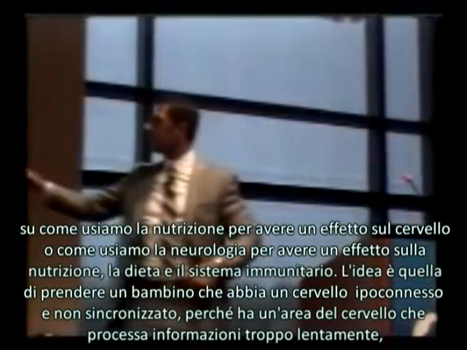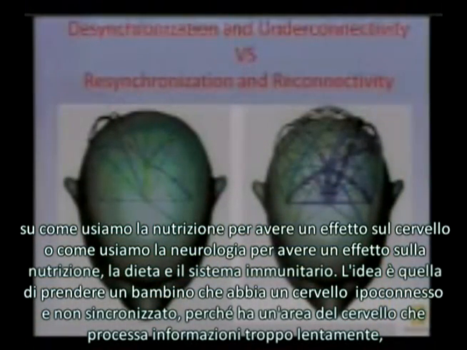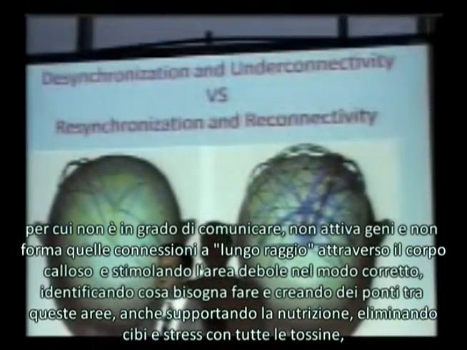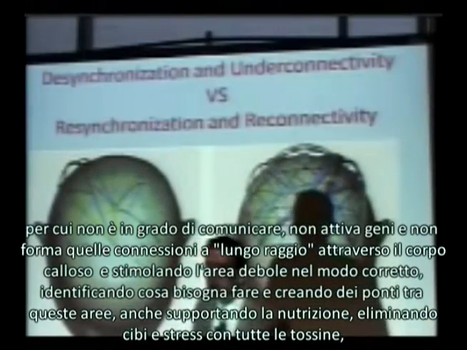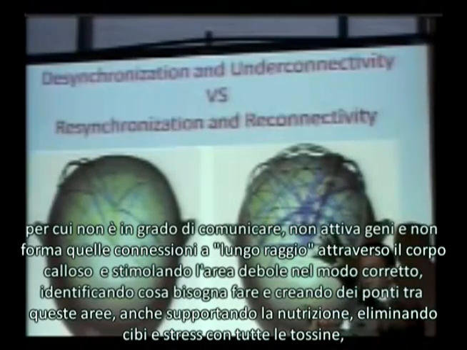The idea is to take a child who has an underconnected and desynchronized brain because they have an area of the brain that's processing at too slow of a rate, and because of that, they're not able to communicate, and they don't turn on genes that build those long-range connections between the corpus callosum, and by stimulating the weaker side in the right way,